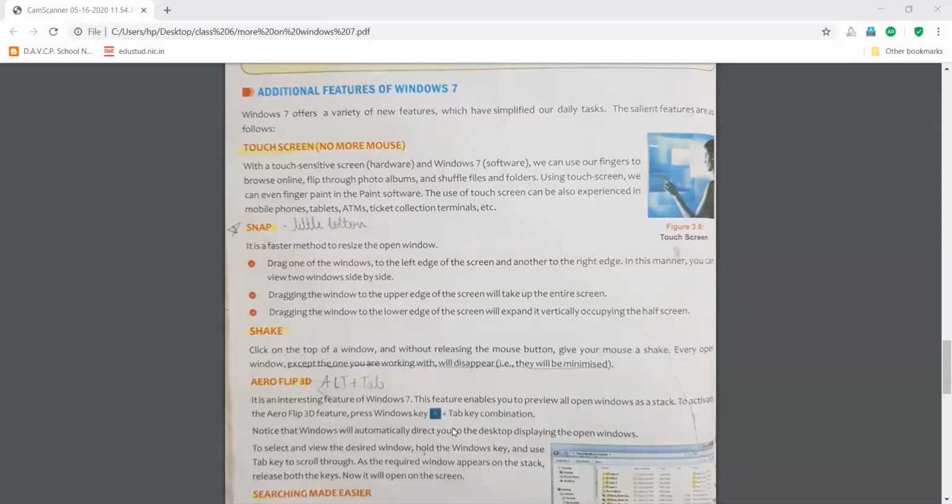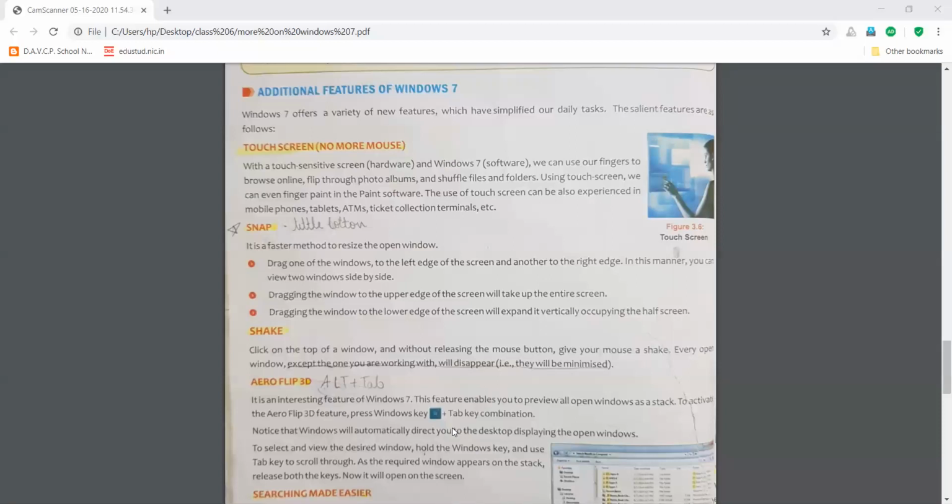Windows is also giving touch screen options right now, right? Like in Android phones, we use touch screen, right? So Windows has given its own touch panel that can be used in some of the Windows based mobiles as well as laptops. Okay, but your system is required to be touch screen compatible. Like the desktop or the laptop you are using right now may not be compatible with the touch pad or touch screen of your device, right?